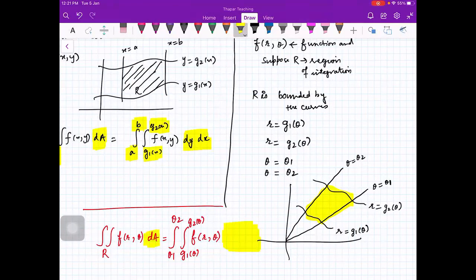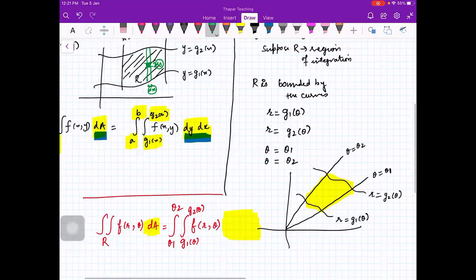What we have written here in place of dA? In Cartesian coordinates, we have written dx dy or dy dx. Why have we done so? Because we actually divide our region into small rectangles, and this small rectangle has this length dx and this length dy. So this small area dA is equal to dx into dy, the area of a rectangle.